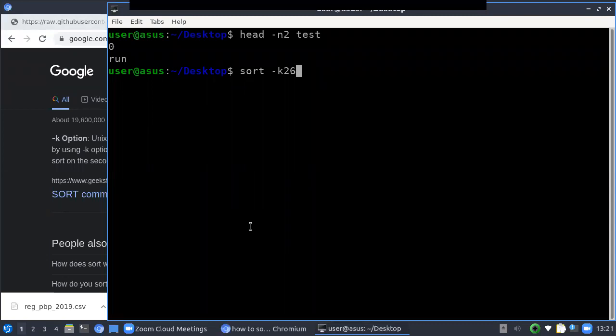We know that if I do reverse numerical, the numbers that are on the bottom now are going to be on the top, right? So let's do reverse numerical. Sort, so -rn, then let's do that one. -rn,